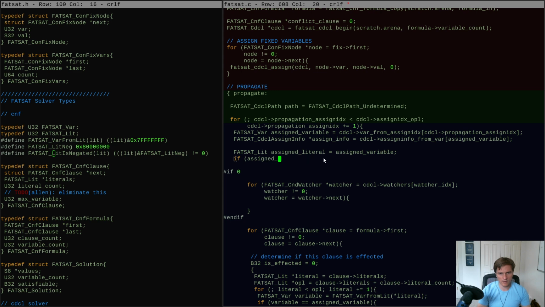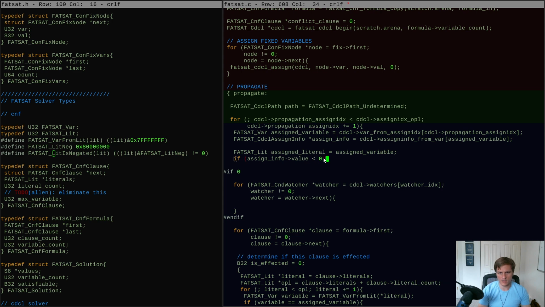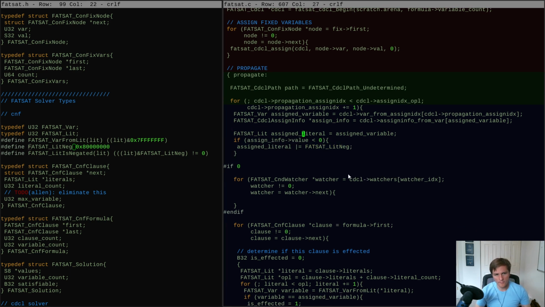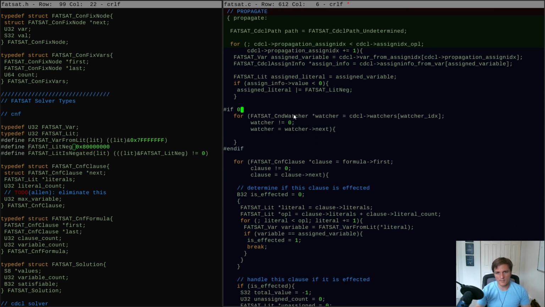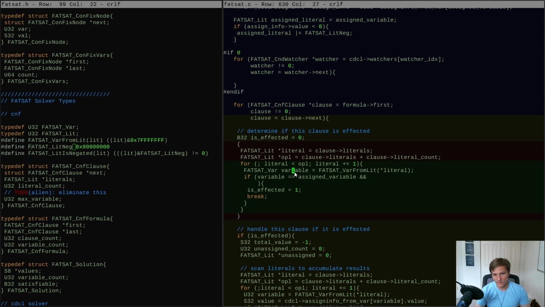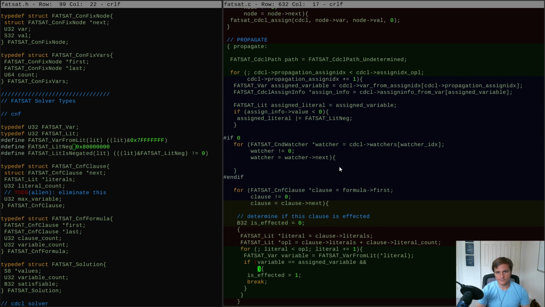If assign info value equals -1, or rather is less than 0, I guess is what I can do, then the assigned literal, we can mark it with a negation right here. So now the assigned literal is, I'm ignoring this, what I was doing. I'm doing an acceleration idea right here. So what we want to do is, as we look at each literal in a clause, the affected clauses can be narrowed down. Instead of saying if this variable appears inside the clause, then deal with it, we say if this variable appears inside the clause and if the assigned literal,